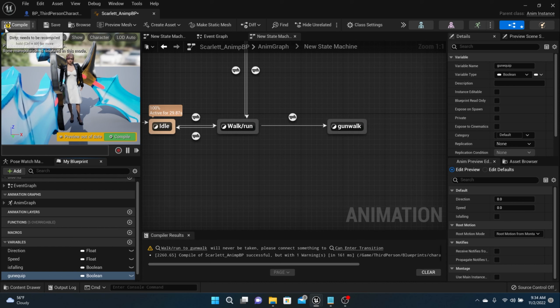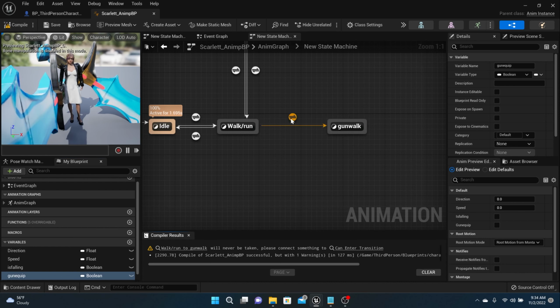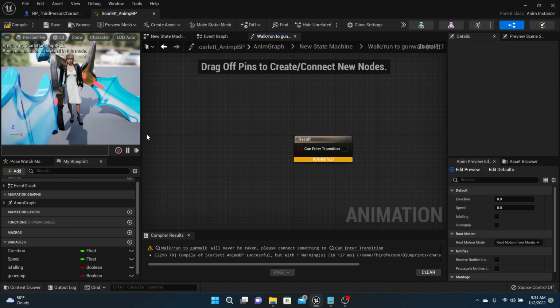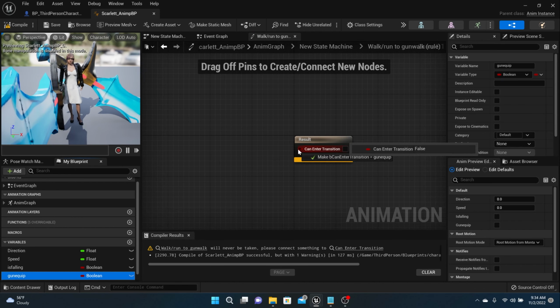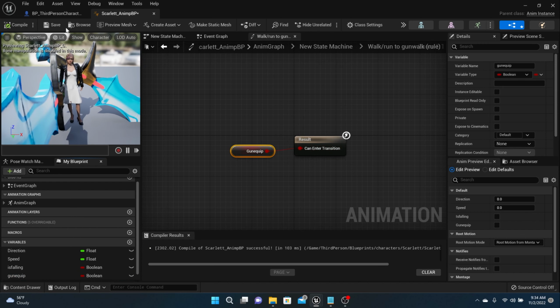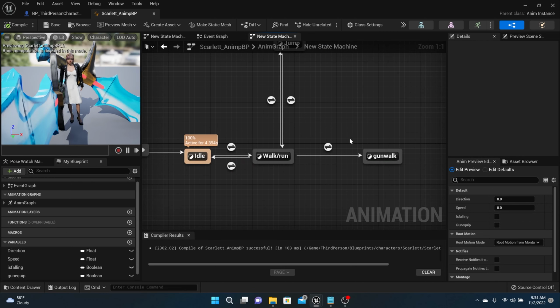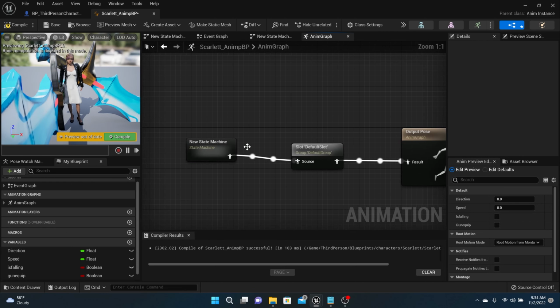Alright, compile and save. Now, from walk to gun walk, we need to set gun equipped